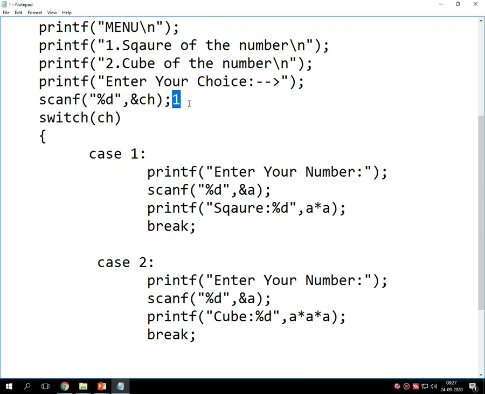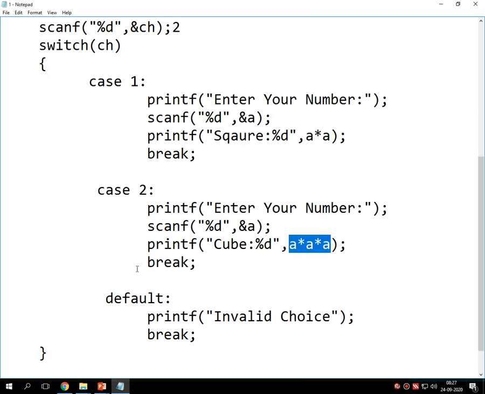Say for example instead of 1 I have entered choice number 2, then case number 2 is selected. In case number 2 the same logic is applied, but instead of the square the number becomes the cube of the entered digit and the program terminates.